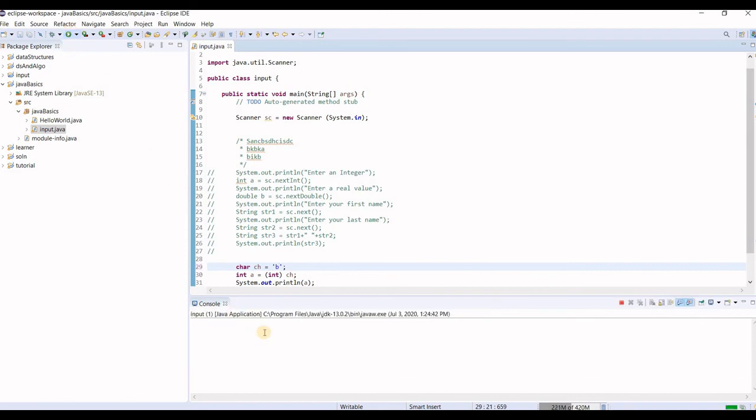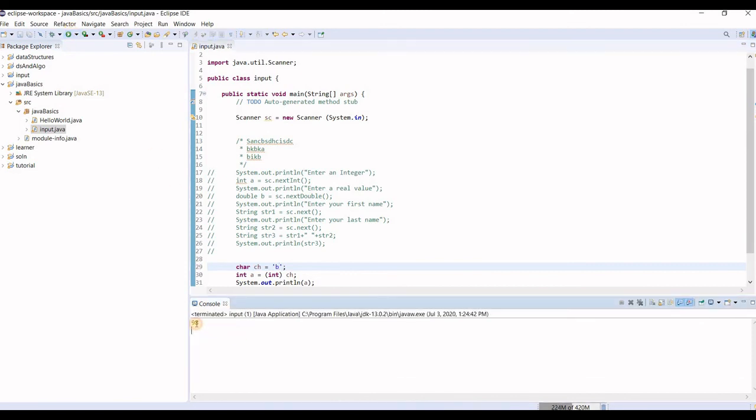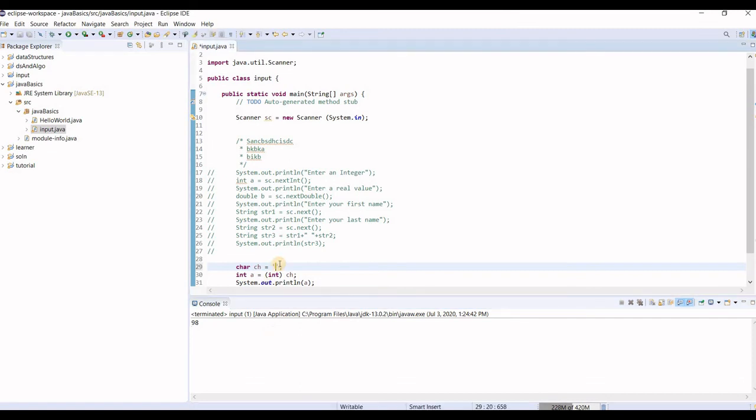Run this, and we see that the ASCII value is 98. Herein you can see all the ASCII values of each and every character you want. We even have an ASCII value for a space character. Let's see what's the ASCII value of the space. It's 32. So each and every character which you use in the coding part has an ASCII value.